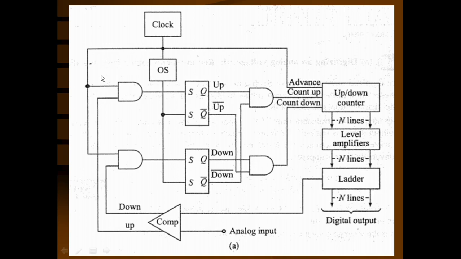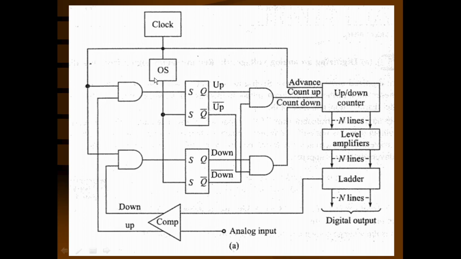So this clock pulse which hits this flip flop, as well as being available to the count up line, advances this up down counter, and the counter will operate in count up mode. So corresponding to that, the counter will advance from whichever state it is in, in the up direction, and correspondingly the ladder output voltage is going to be increased by one more step of LSB, you can say, and that means this becomes more positive now. So with respect to this, the difference is going to be reduced, and after one clock pulse, that clock pulse is also going to trigger this one shot.